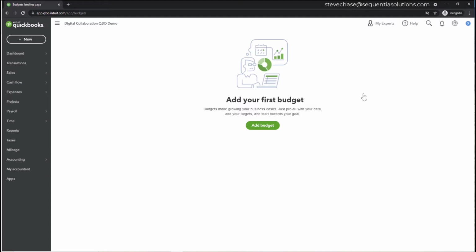Alright, this is great. Adding your first budget. So budgets make growing your business easier. Just pre-fill out your data, add your targets, and start towards your goal. Okay, a budget can be modified. It's not permanent, but let's go in with the intention that we have at this point a good starting point to begin with. So when you click add budget,